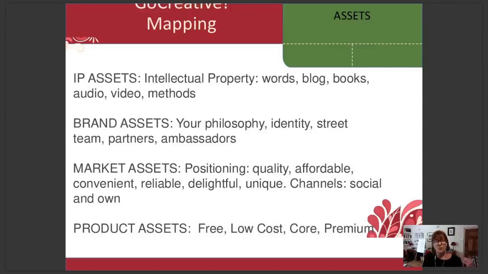But there are also what we call brand assets. Your brand asset is more nebulous, but it's really, really important. It's your philosophy, your identity. So it's what makes you, you. It's very much connected to the micro niche that you've decided to work in. It's very much connected to the passion that's got you doing this thing in the first place. It's very much connected to the mission to serve a particular type of customer.